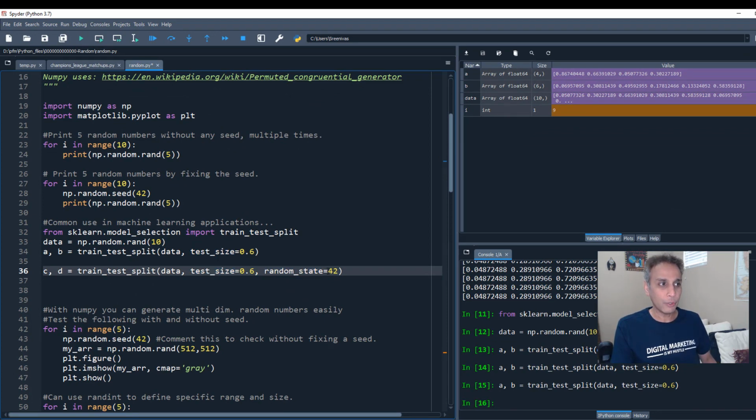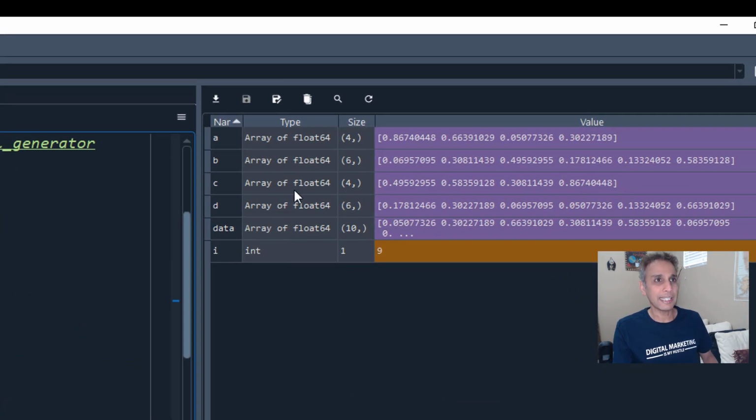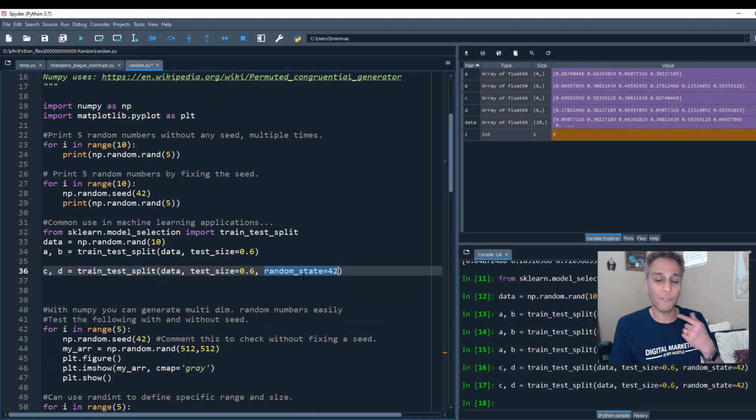It doesn't matter what value you give right there. It can be 0, it can be 100, it can be whatever. So go ahead and give a random state value. Now let me go ahead and split this. I'm going to call this C and D. So these are the 2 values that it picked. Now, no matter how many times I run it, nothing changes. I'm running it one more time right now. Nothing changed.